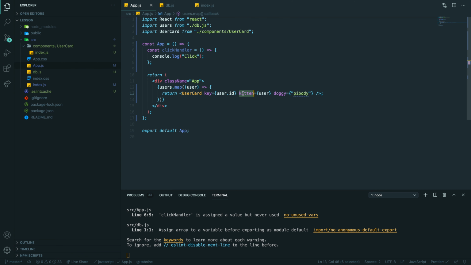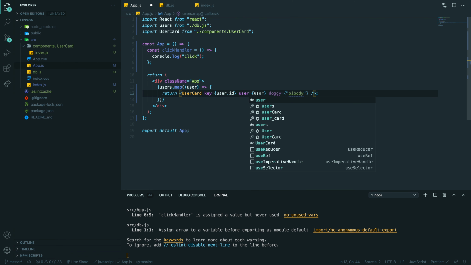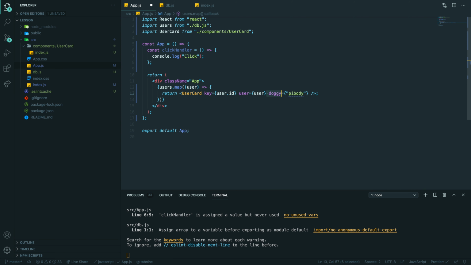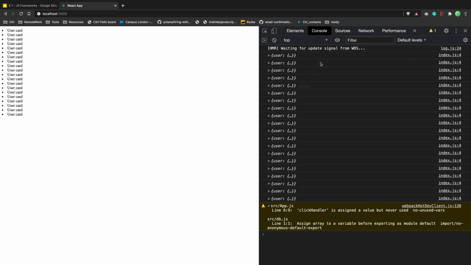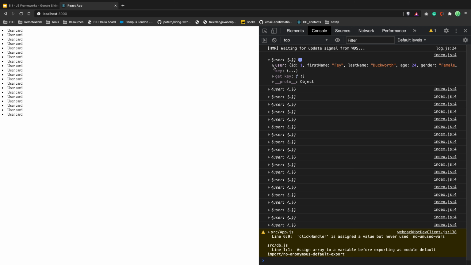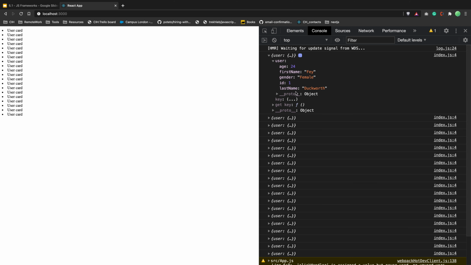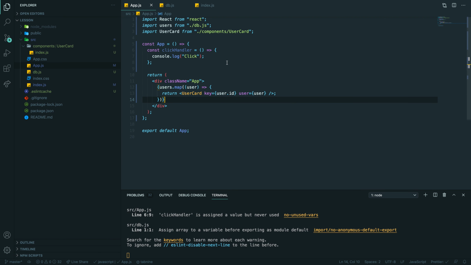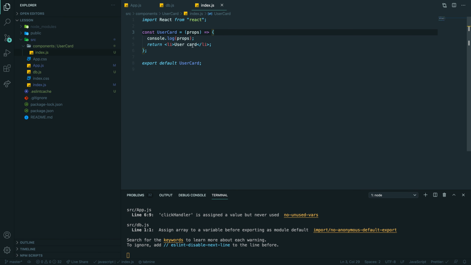Okay. So you're naming them, but where can we see the key, user ID? Key is a reserved one, so you will not see it, because key is just for React to distinguish elements in the DOM, if you're rendering the same elements many times. So in our case, we refresh, and finally we have user, and we have ID, first name, gender, last name, and age. Let's go back to our index and think what we want to render here.